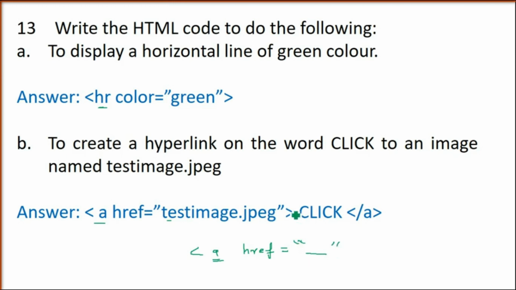Then we write the image name, it can be any like this, and then we close it. Then we write some text, that is click here, and only this click will be shown. You will see when you take the mouse over it that it can be clicked. It will be a clickable format. So whenever we click, the image will come up. And then we have to close the anchor tag.